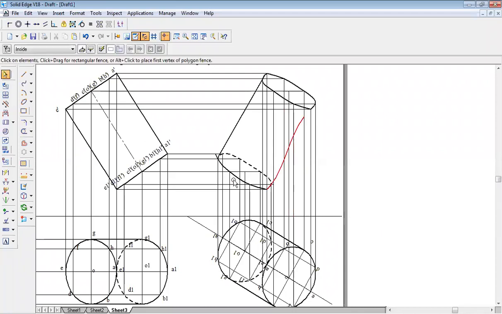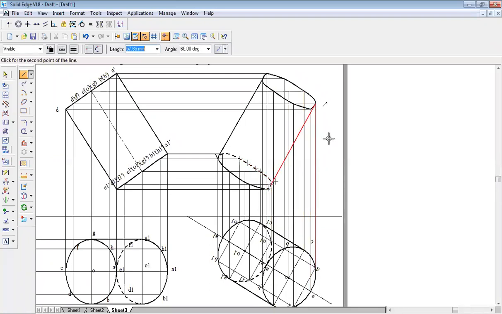Right, and here, so I'll trim off this. Go back to line command. Draw a line from here to here to here. If you do it like this, whatever you are going to do, it looks perfect. This much kind of error is fine. It's acceptable because you can't do beyond this. So no need to worry about it.